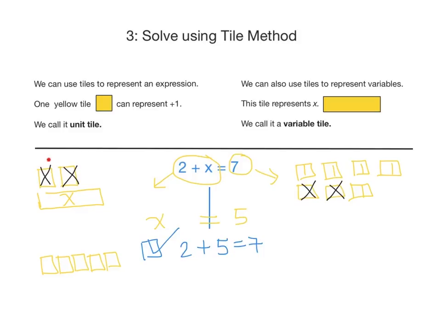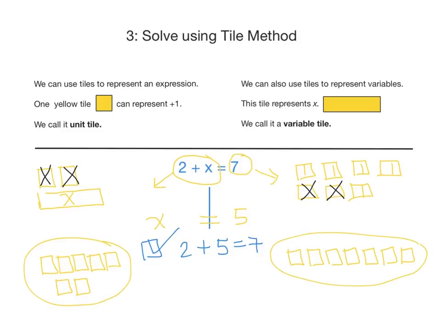Plus our original 2 from up here. 1, 2. And now let's move on to the right side, where we had our original 1, 2, 3, 4, 5, 6, 7 boxes. And as we can see, 7 on the left equals 7 on the right. And the second method of verifying that 7 on the left equals 7 on the right again proves that